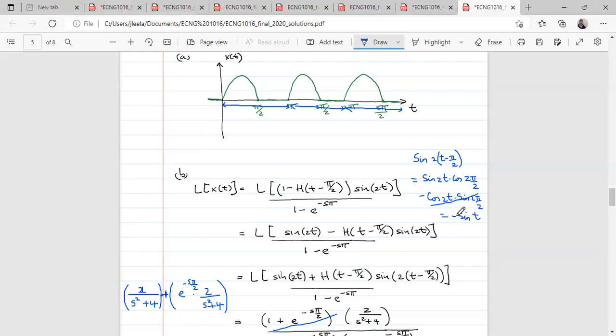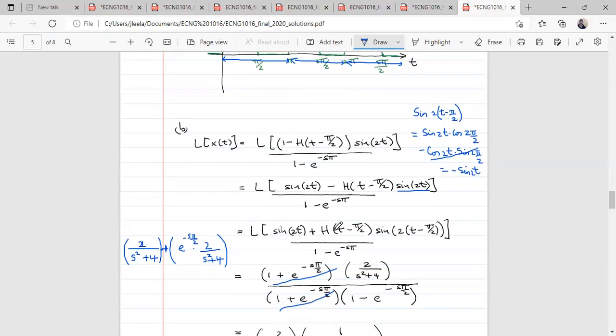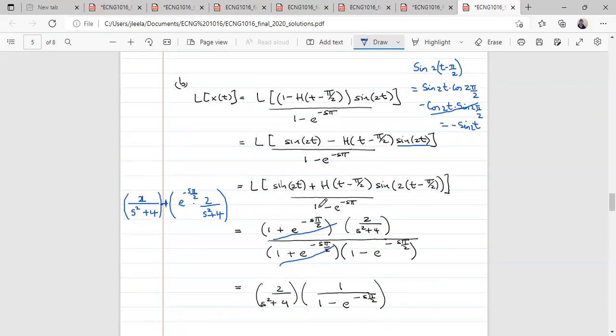Right? So therefore, right? So if minus sine 2t is sine 2 into t minus pi over 2, then sine 2t will be minus sine 2 into t minus pi over 2. So therefore, if we replace this here by a minus of this, a minus and a minus will give us a plus here, right? That is why the sign here changes in front. And now this is of the form, the Heaviside is of the form, t minus pi over 2 sine 2 into t minus pi over 2, which is of the same form here, for it to match up. And then you're dividing it by 1 minus e to the minus s over pi, because pi is your